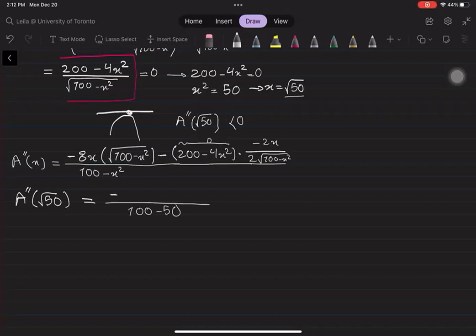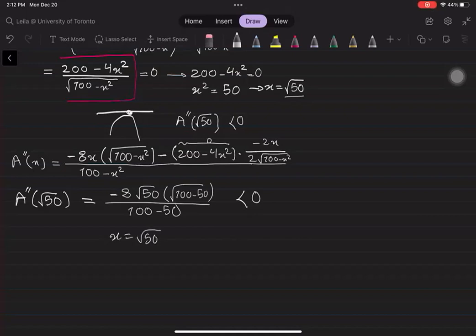So you have minus 8 square root of 50 times 100 minus 50. And then you can see that this is a negative number, so you can check that this x equals square root of 50